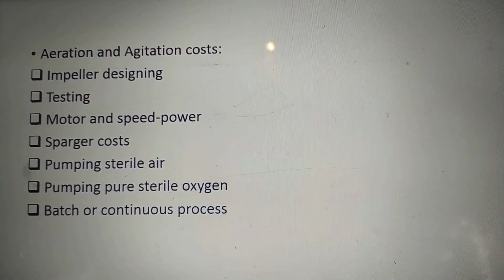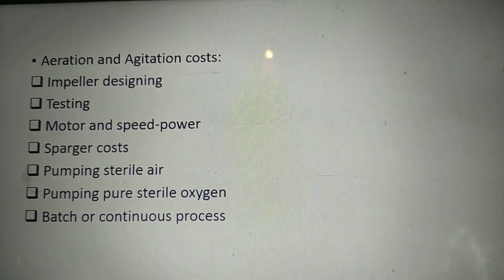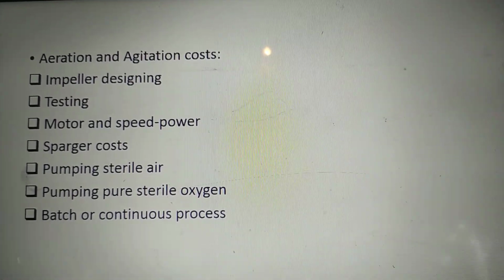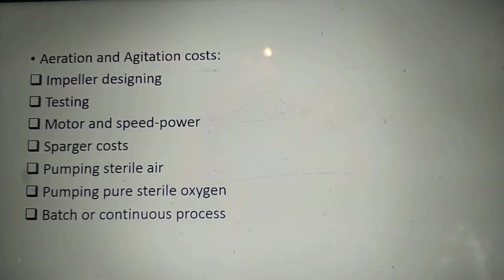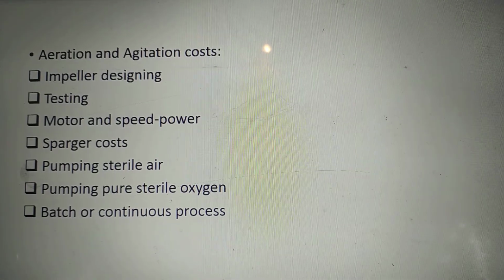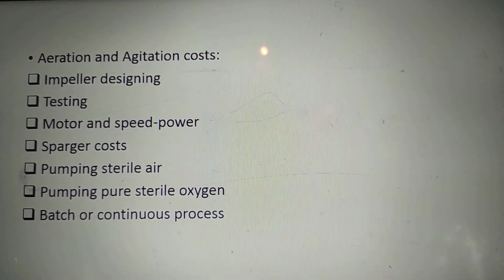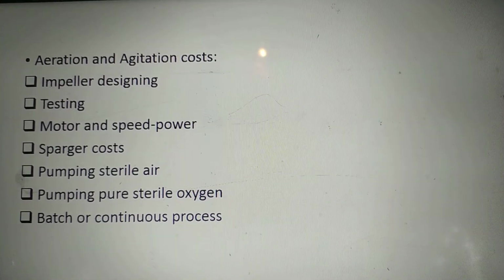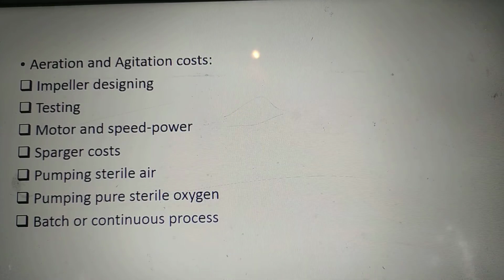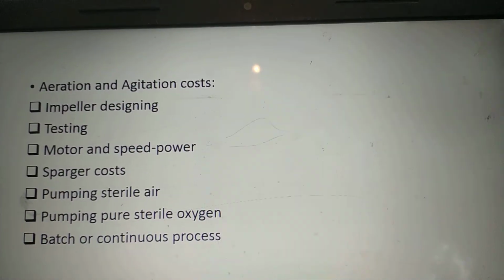Work is more, recovery is less in batch. I mean, the work is more in the sense, in batch, every time you are going to clean up the bioreactor and then go for the fresh one. In a continuous process, you have a set of bioreactors like a cascade, and you can keep on recovering lots of product. Okay, economy. Investment, the more you invest, the more you will get in continuous fermentation process. Let's say.